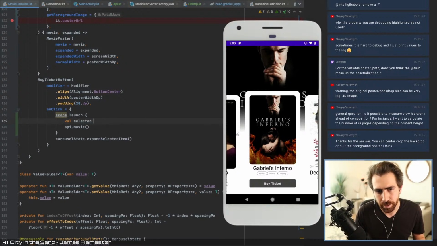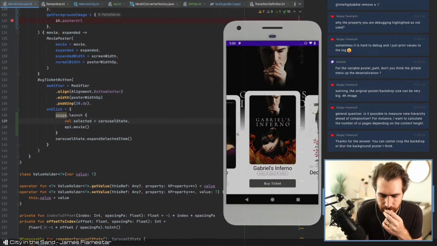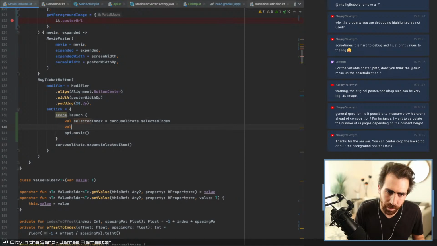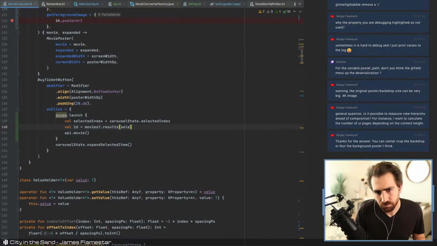Let's get the selected carousel state dot selected index. So then let's say we get the ID, which will be the movies dot results selected index,